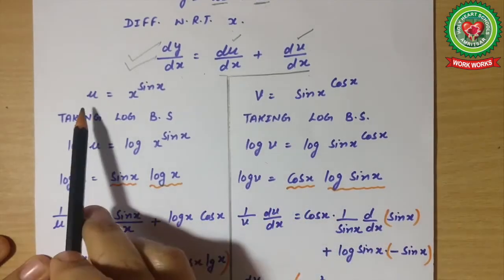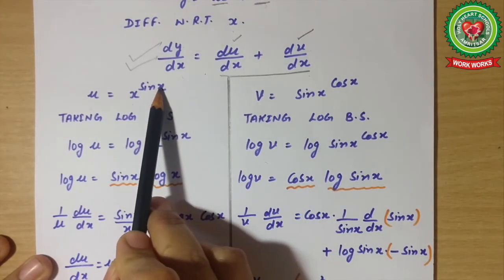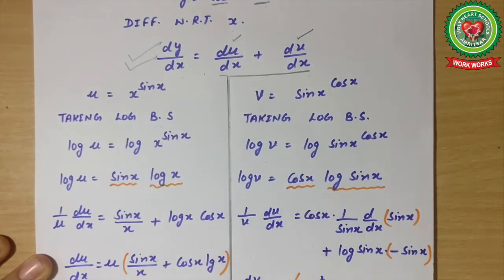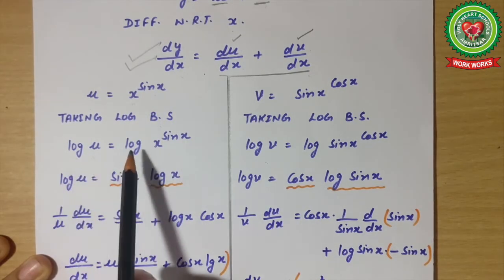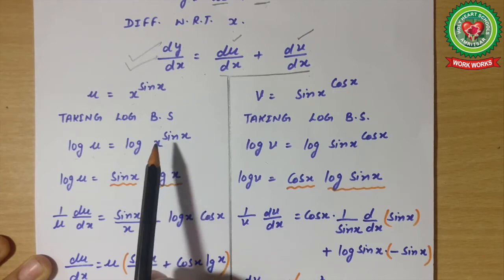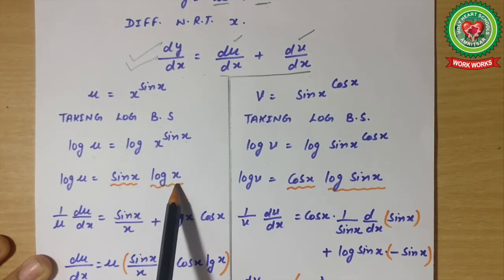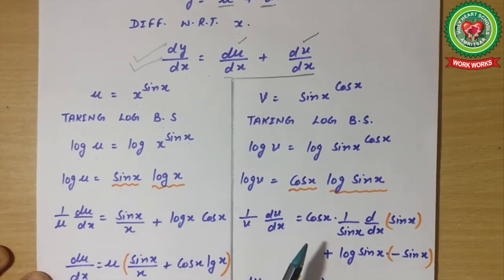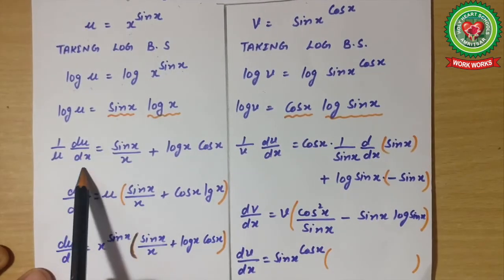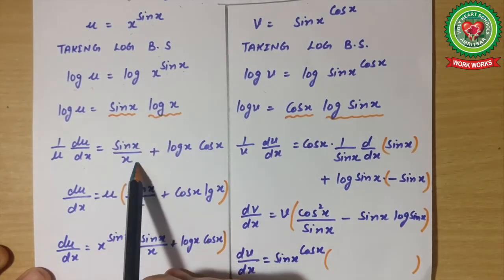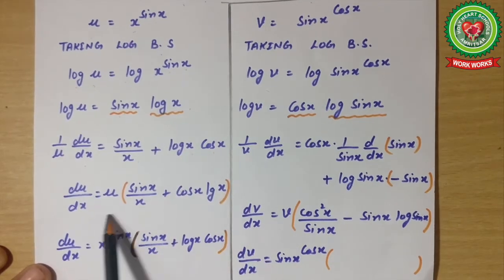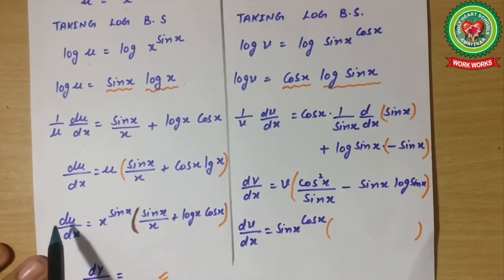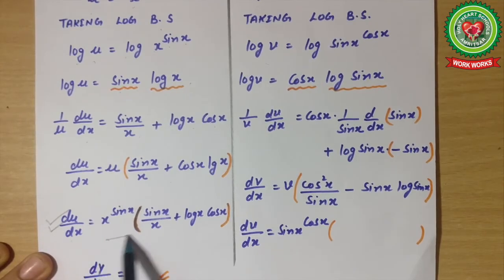First of all, u is equal to x raised to power sin x, taking log both sides. Now we will take log because x raised to power sin x is there. Log u, log x raised to power sin x. Power rule, sin x log x. Log u differentiation is 1 upon u du upon dx. Sin x, log x differentiation is log x cos x. Now, whenever we solve it, we will be having the value of du upon dx, this one.